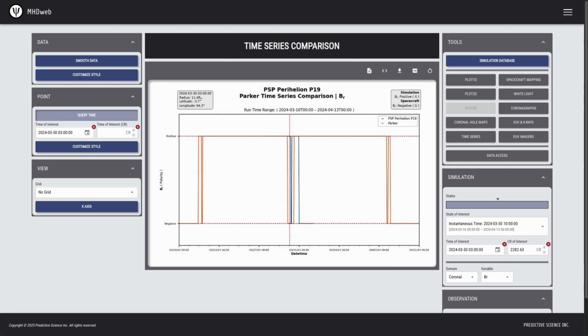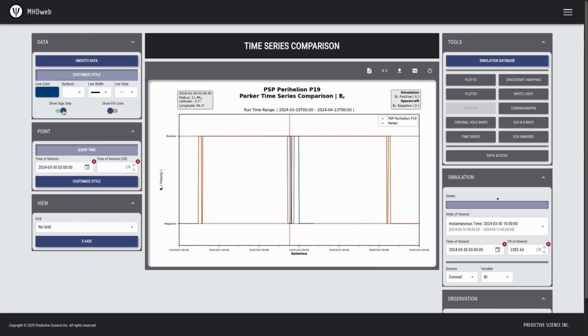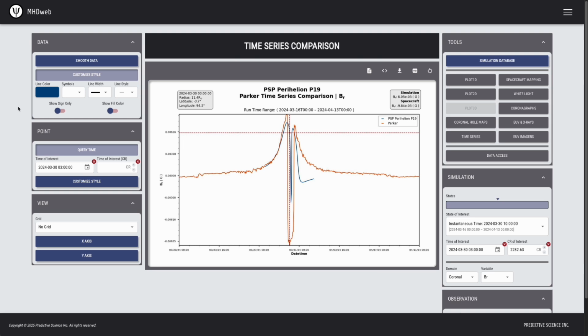By default, the vector quantities of the magnetic field are shown as just the signed value, to determine the polarity of the magnetic field. But under Customize Style, I can toggle off Show Sign Only. By doing this, we can compare not just the polarity of the magnetic field, but how the in situ measurements compare to the model run. And since Parker has good magnetic field data both during the apex of its perihelion and as it enters and exits that path,